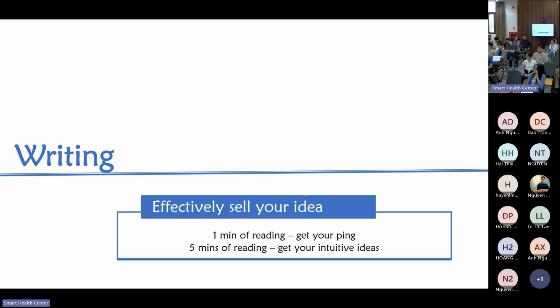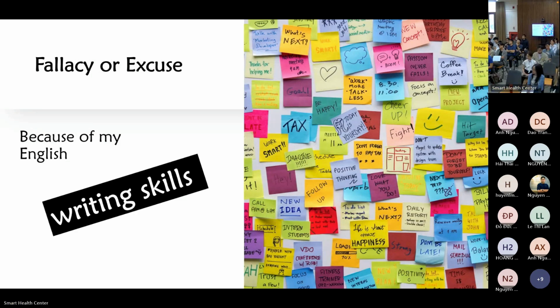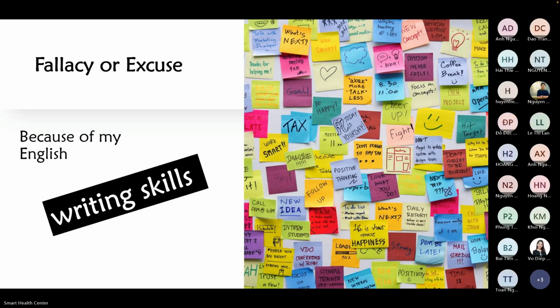All right, so that's the whole thing. If after you write the paper, you read it as a reader, not as the author, and you don't get the message that you want to sell, then you need to know that you need to rewrite your paper. So how do we make that happen? Number one, I've been hearing that it's because of my English. It's not because of English. At most, it's just your grammar errors, right? I feel not. How many of you here think that because you are Vietnamese, you are able to write poems in Vietnamese?